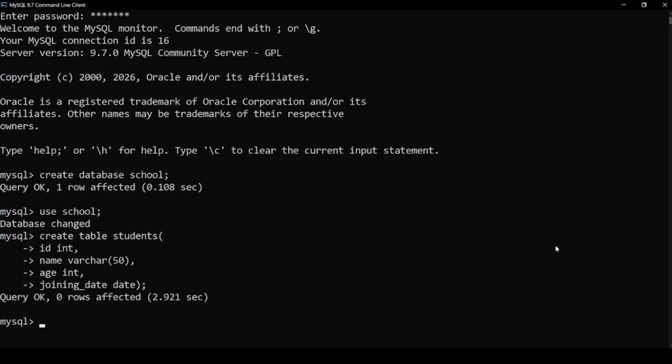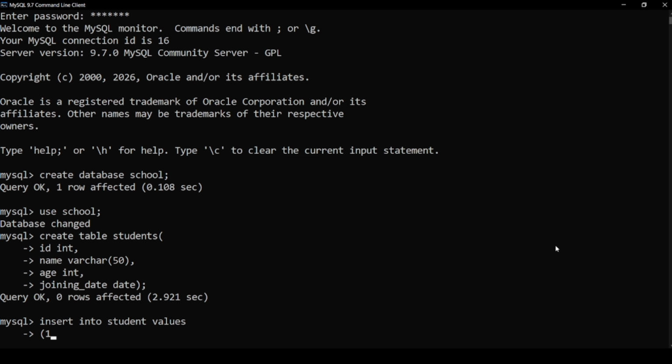Now our table is ready, but we have to insert some data into it. I'll write insert into the table name which we created. So there we are going to add data. I'll have to mention students values, enter. I'll open the bracket.